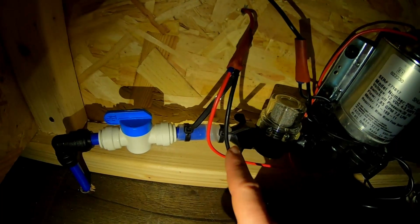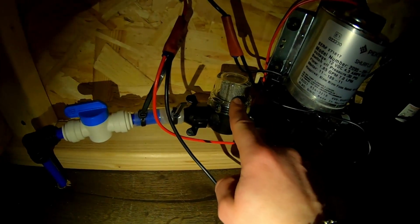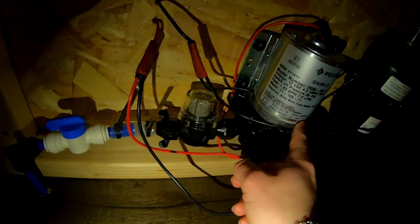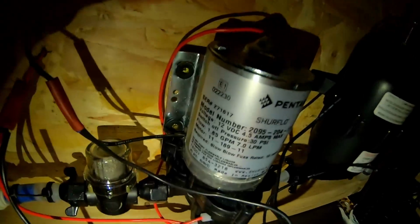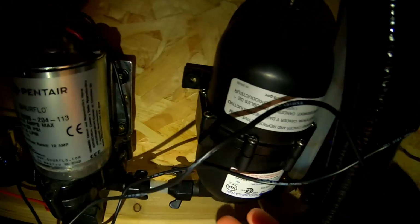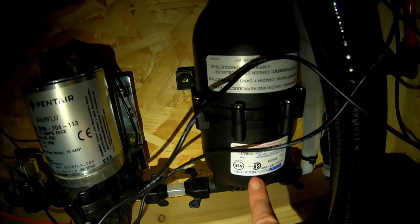Now we go right next to the water filter, and the cables that are coming out here are connected to the pump. The water pump is from SureFlow. And then right next to it, connected, is the accumulator from SureFlow as well. And which you can't really see behind the wall now